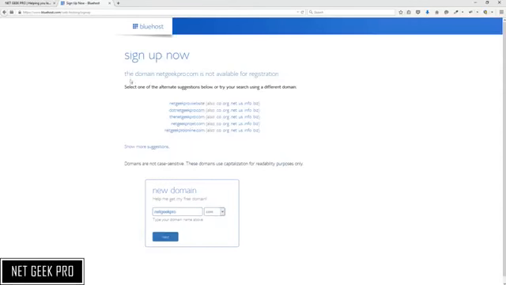and as you can see, the domain name netgeekpro.com is not available for registration. Now what they will do is offer a couple of helpful alternatives, such as netgeekproonline.com. If this was a domain that we wanted to use, just go ahead and click it. Or if you didn't like any of the suggestions, you could go ahead and type in a new domain name below. Let's go ahead and use their suggestion of netgeekproonline.com. So we click it,